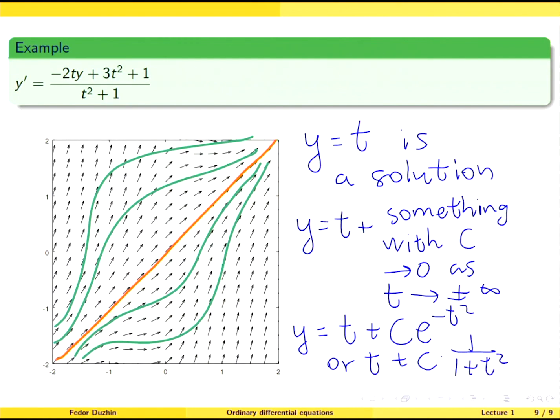I know, well, since I created this equation on purpose, of course I know that this is in fact the second option, but of course we cannot conclude it by just staring at the picture. But we can see that the general solution has the structure that there is a particular solution, y equals t, and that all other solutions, they